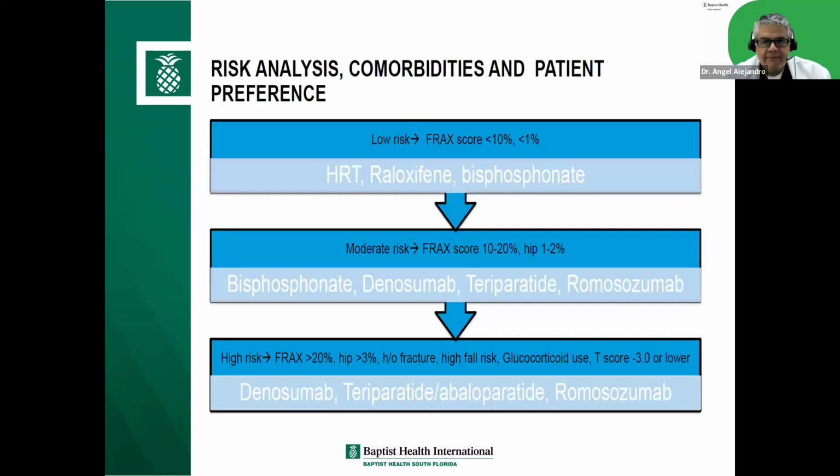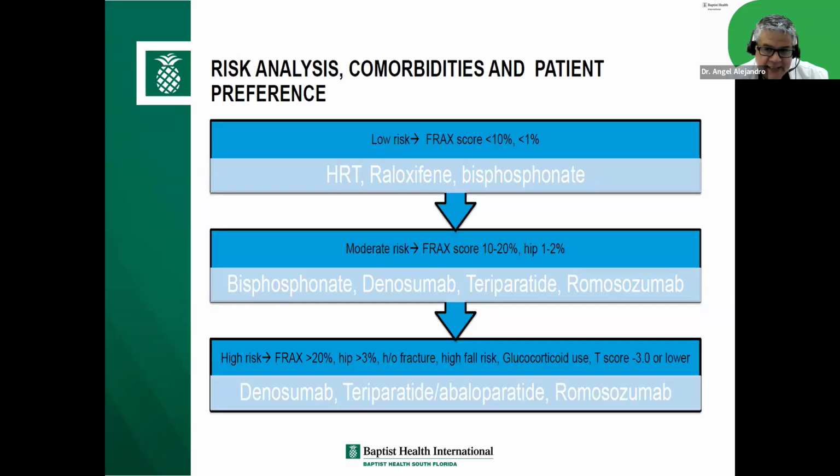So this is the final slide. Remember, the first thing you want to do is identify the patient, identify their risk. But like I mentioned, to me, the drug of choice is an oral bisphosphonate. Then you monitor if their risk increases. If they start a medication that we know can hurt their bones, they're on an aromatase inhibitor or on steroids, then you want to augment therapy, maybe to denosumab or an anabolic. And then finally, those patients with severe osteoporosis, those are the only ones that I would probably start with denosumab first and then reassess. Okay.